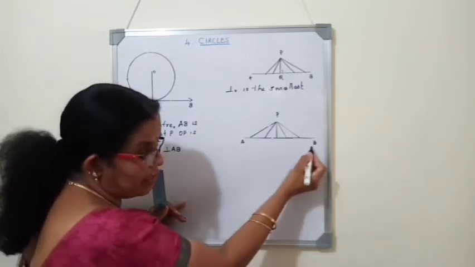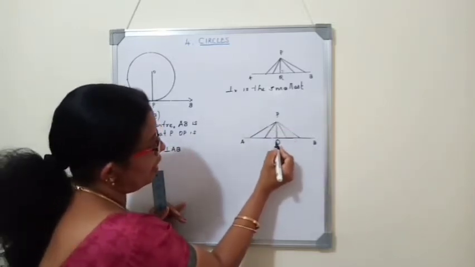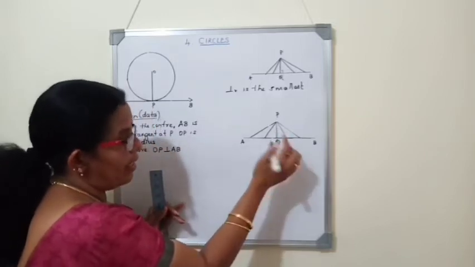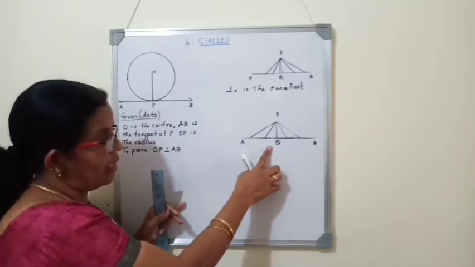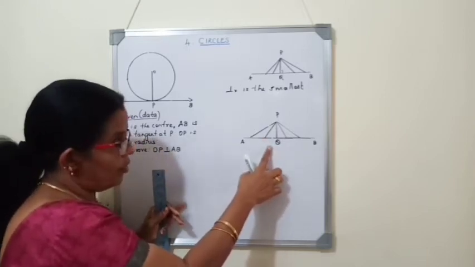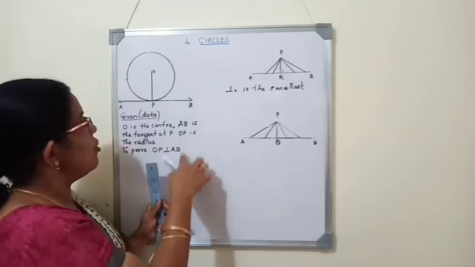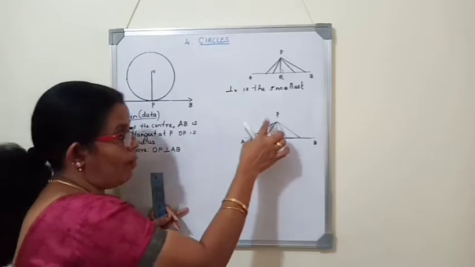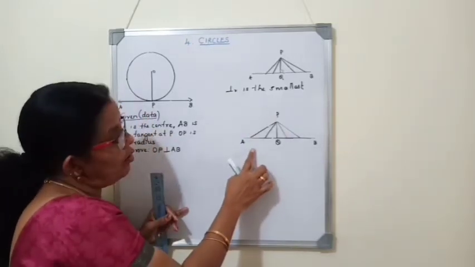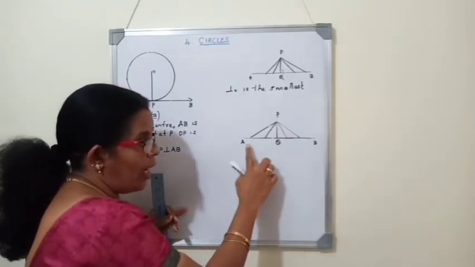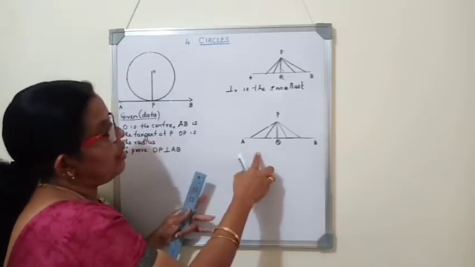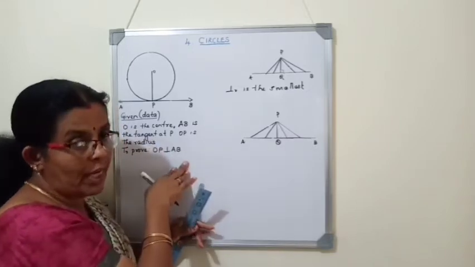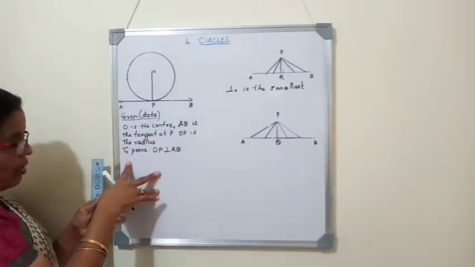So here AB is a straight line, P is an external point. Here PQ is the shortest line or the smallest line and that will be perpendicular. That is the converse. This converse of this theorem we have to apply here to prove that radius and tangent are perpendicular. So what is the converse? From an external point, if we draw any number of lines to a given line, the smallest line will be the perpendicular line that we are going to apply here. So now we will write the proof.